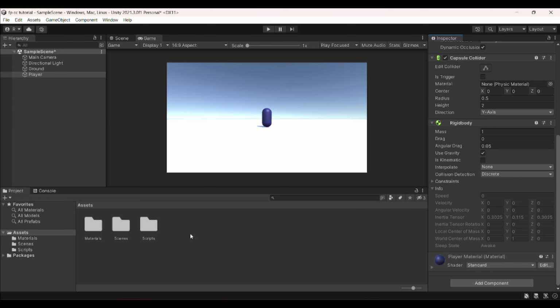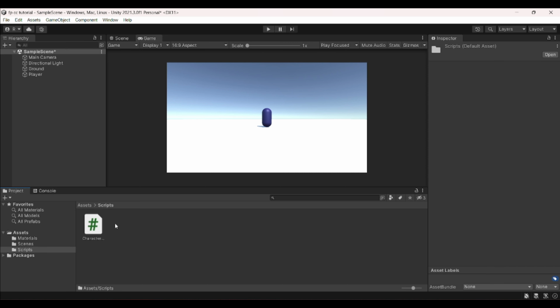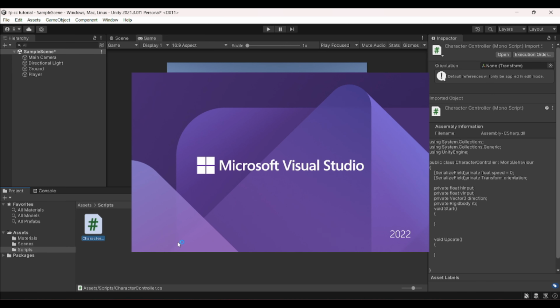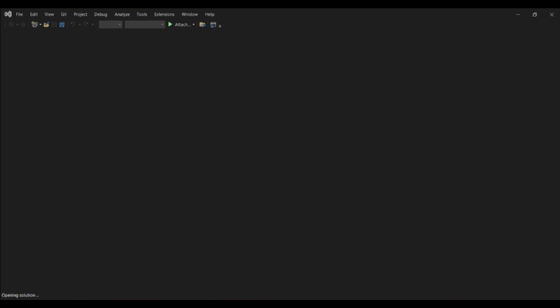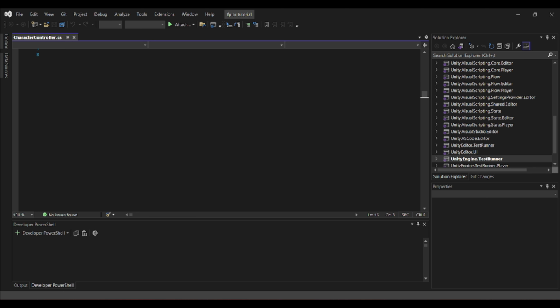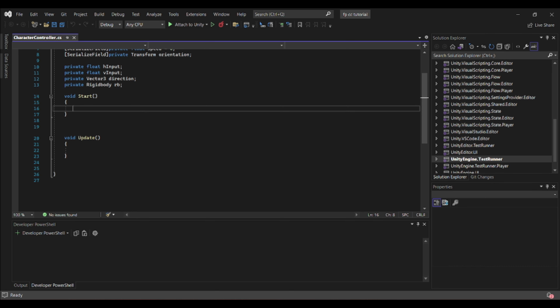Open the scripts folder that we made and open the character controller script. Now Visual Studio should open, or it should open your preferred script editor. Okay, now that it's open, you can see that in the last episode, we created a few variables.